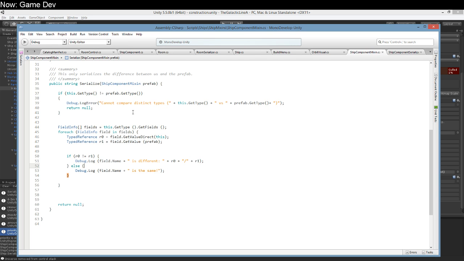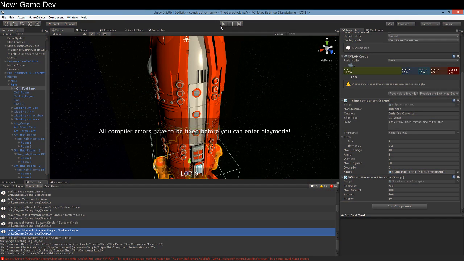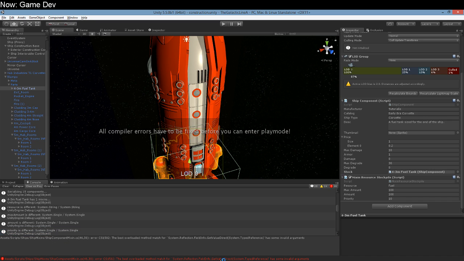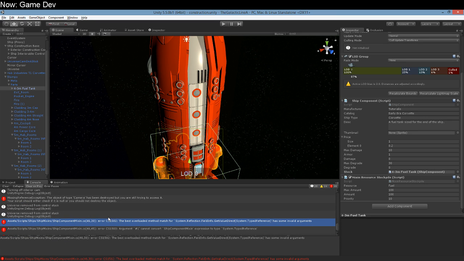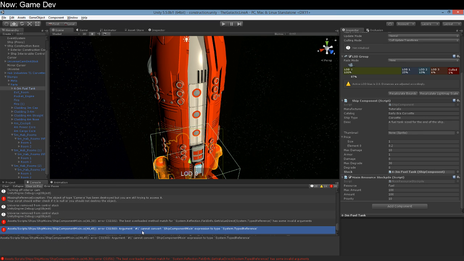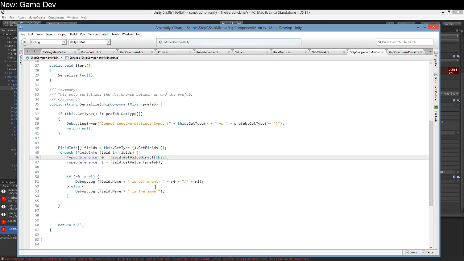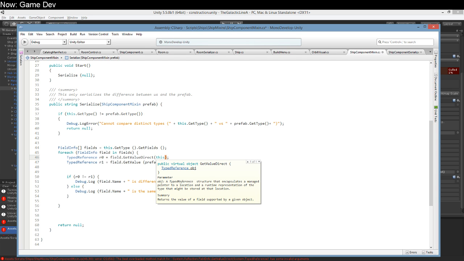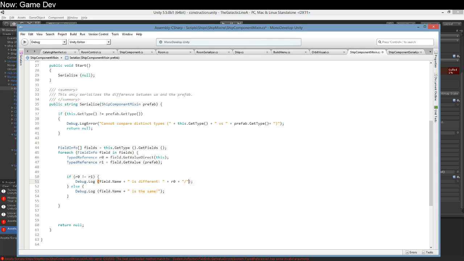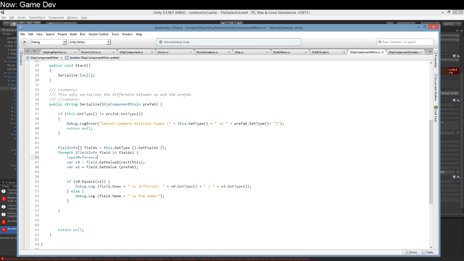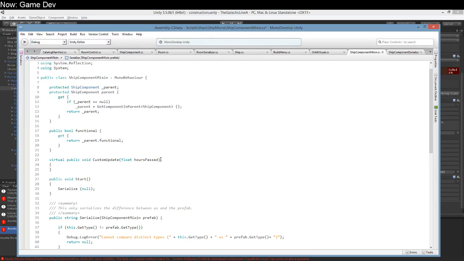Let's find out. Errors? Cannot convert ShipComponentMixin to TypedReference. Okay, so that's not going to work after all. Is it? Oh, I got it backwards because I'm just an idiot. I'm sorry. It's been so long since I've done this, but I honestly don't know why